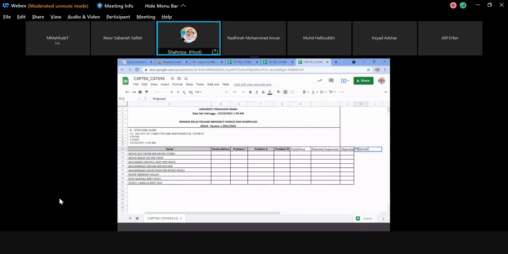So let's say for now tiba-tiba dia sebelum masuk kelas saya lagi memang dah ready apa benda yang dia nak buat. Dia memang dah tahu semuanya. Dia dah tanya dengan senior cakap okay kau kena buat ni, kau kena buat ni. So dia dah ada all this information. So you can just put it here. Okay, there's no deadline for this but for as long as masa kita punya discussion tu you all dah isi, then it will be easier lah. Akan lebih cepatlah kita dapat dia punya information sebelum kita export kepada kita punya assignment details.